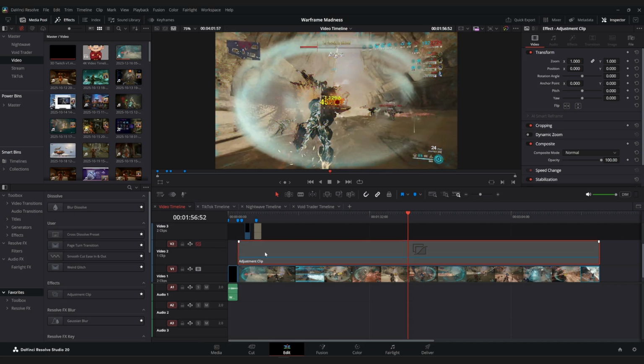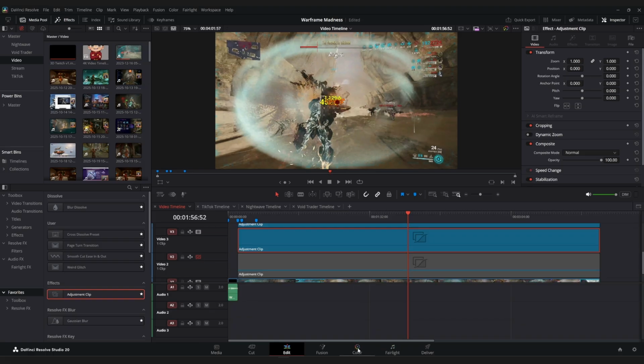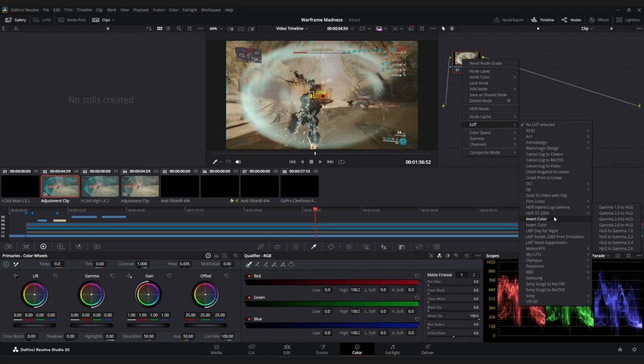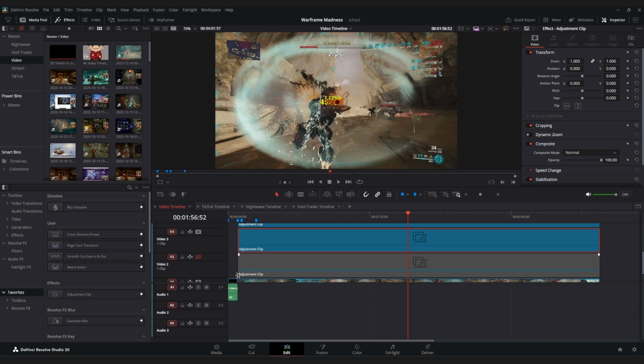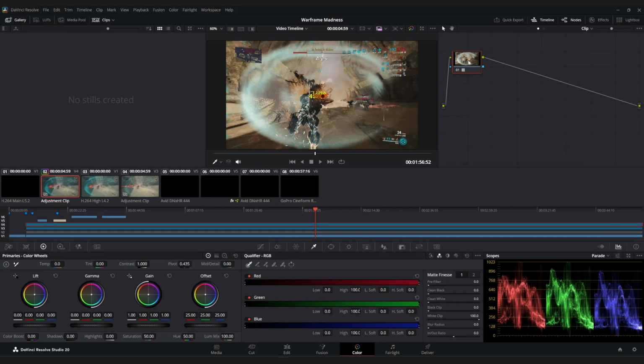And, you can also play around some more with different things. You don't have to just have like end all be all one particular LUT. You can add more adjustment clips, go to color, and then as long as you have LUTs to add, you can simply just add the LUT. Like we just added the second LUT, which is a very subtle change, hardly any at all. And then you would go to here again,